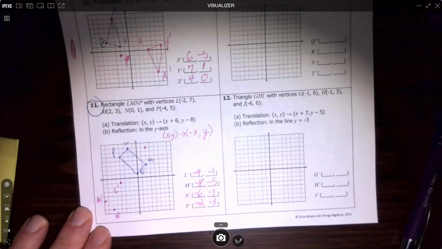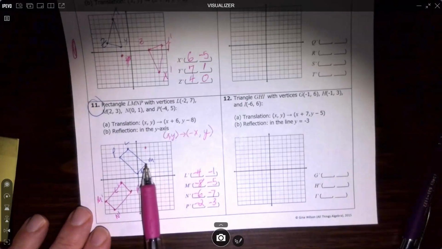I get my box again, which is good. All right, so it slid and then reflected in the y-axis. The hard part about this is that some of these moved a lot, like moving this all the way down 8 units and then